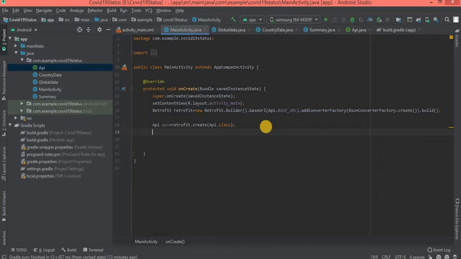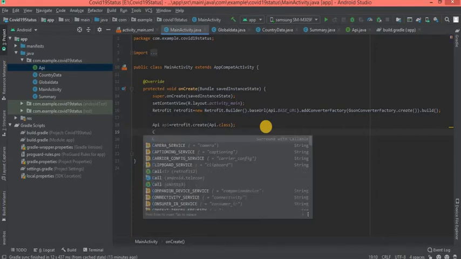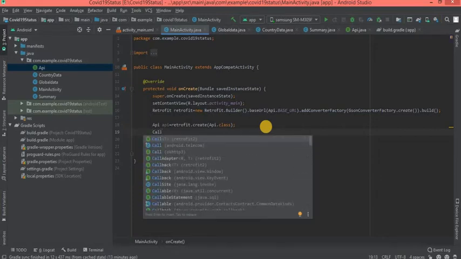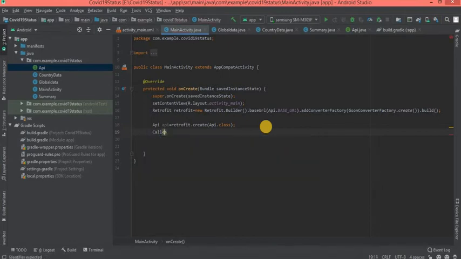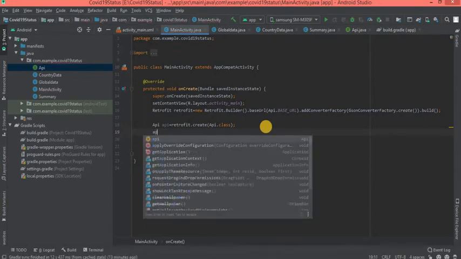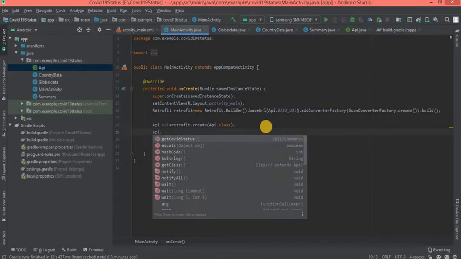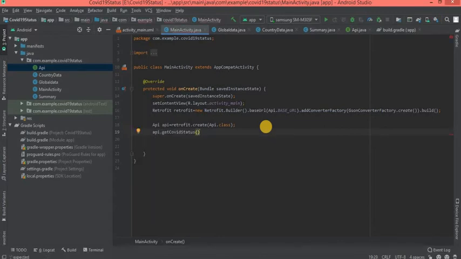Next, call, we are going to make the HTTP call. For that, API dot get COVID status, and this function will return summary data.